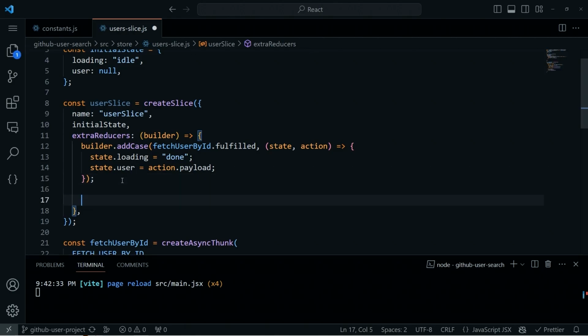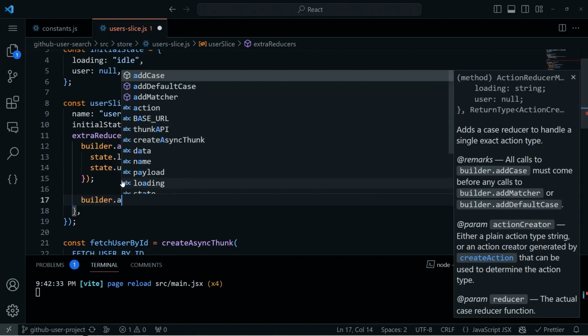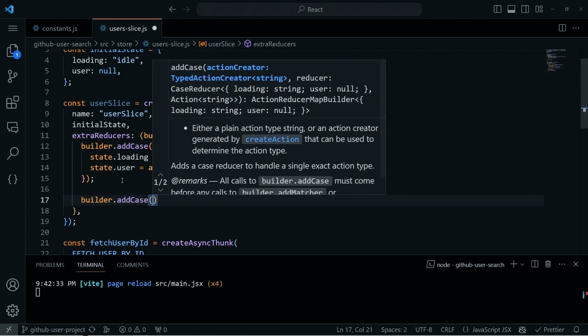And then we will be adding another case. We can have the builder dot addCase. That could be, we can have on